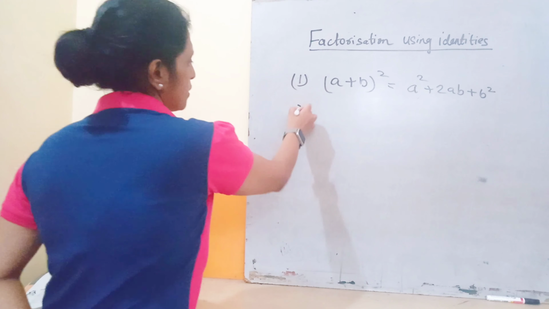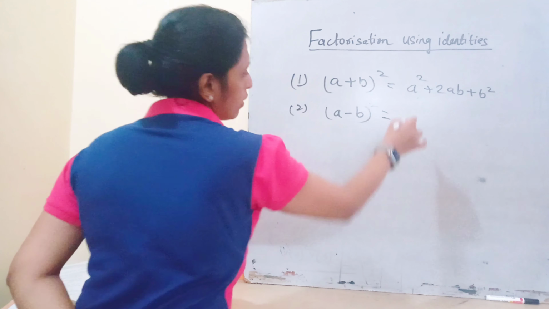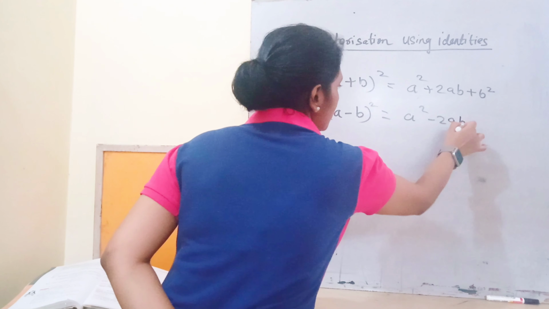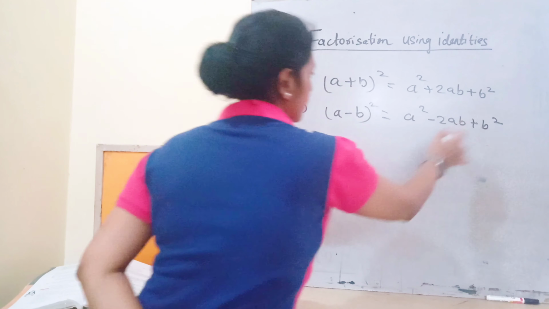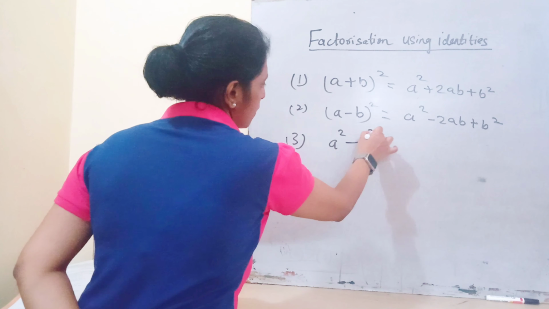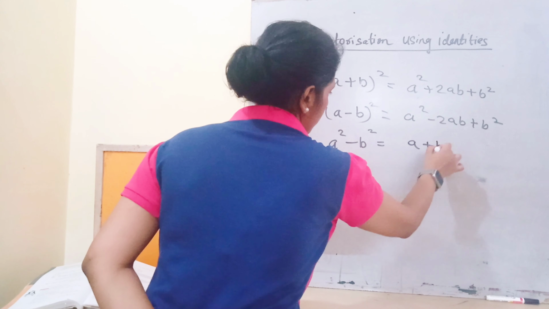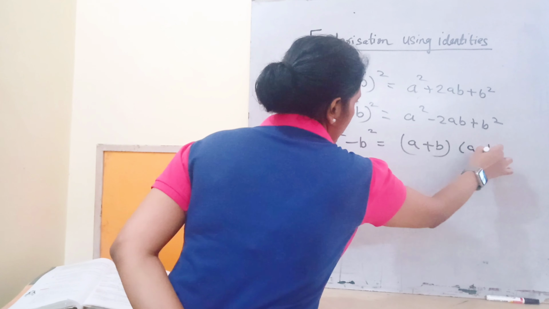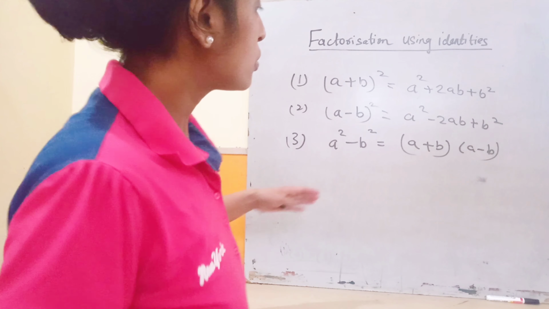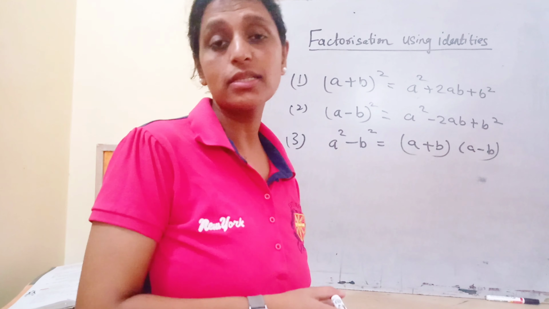Okay. The second algebraic identity is (a minus b) whole square. The expansion is a square minus 2ab plus b square. Okay. The third one is a square minus b square, and it can be written as (a plus b)(a minus b). Okay children? So children, I am going to tell you how we can use these identities